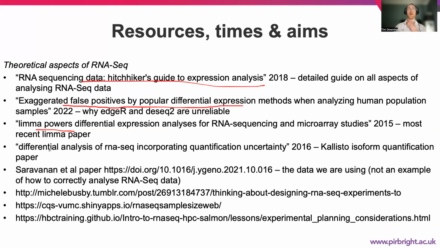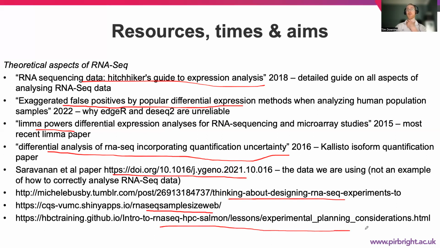There's also a paper on the whole Kallisto-sleuth pipeline as well, and the background behind that, including pseudo-alignment. There's another paper whose data we're using. It's more for the data source that we're using and not really an example of what we should be doing. There's another link on designing RNA-seq experiments. There's one on sample sizes and power for RNA-seq experiments,